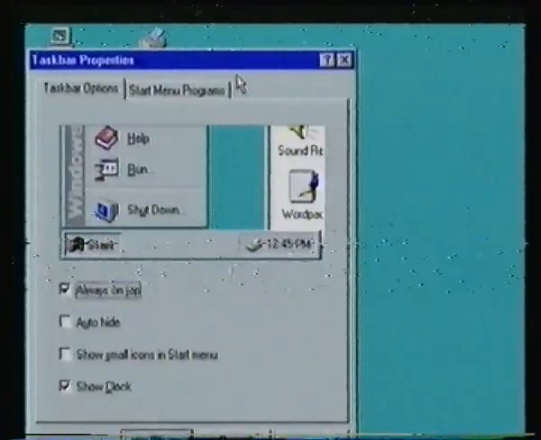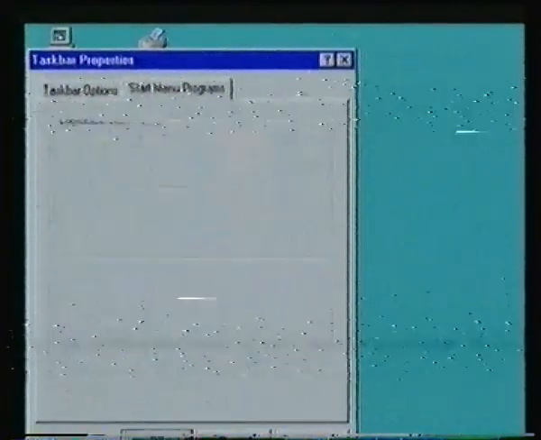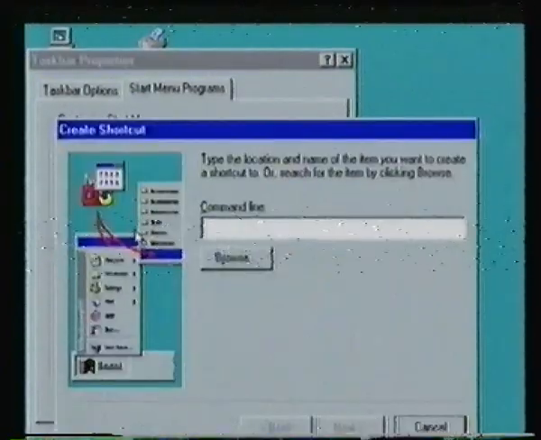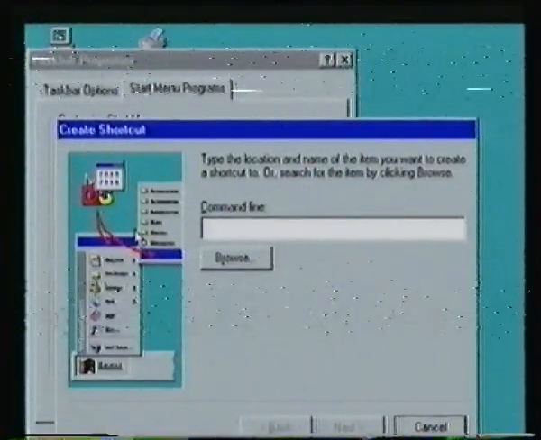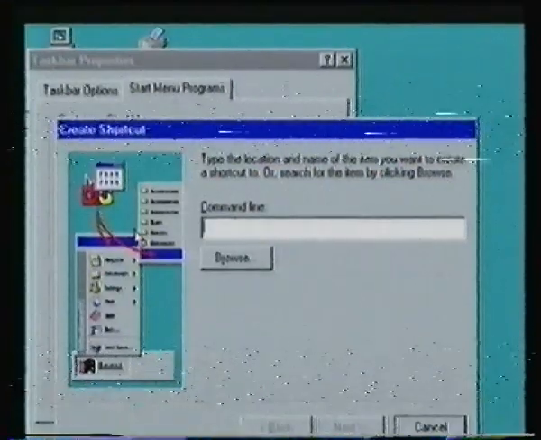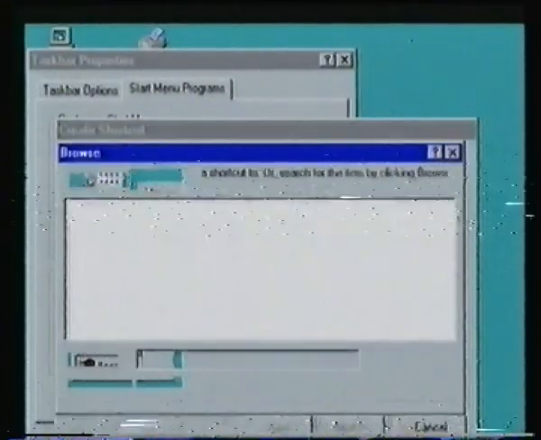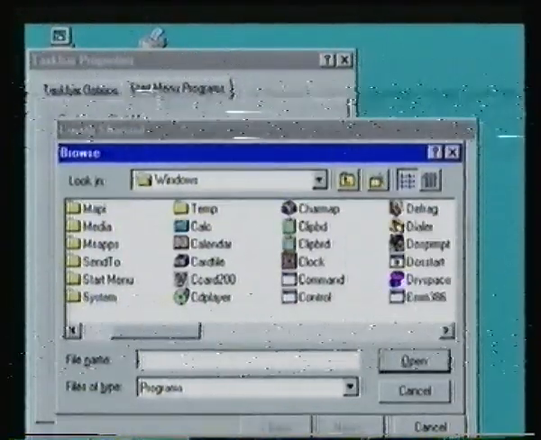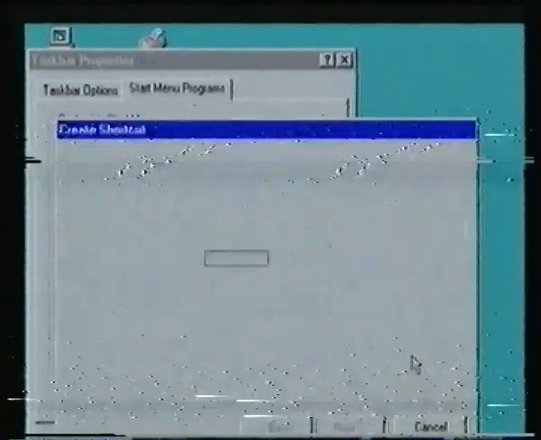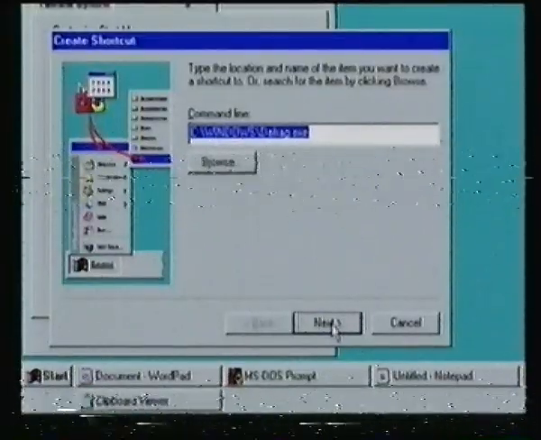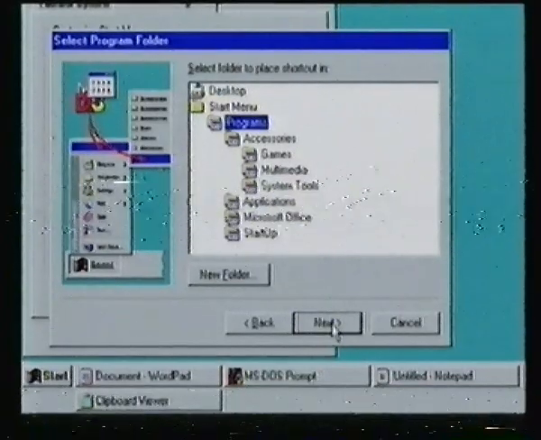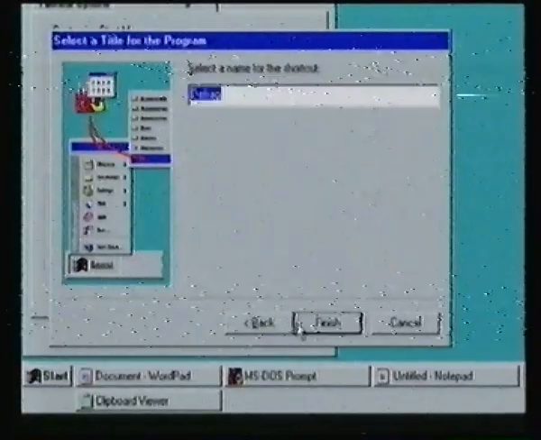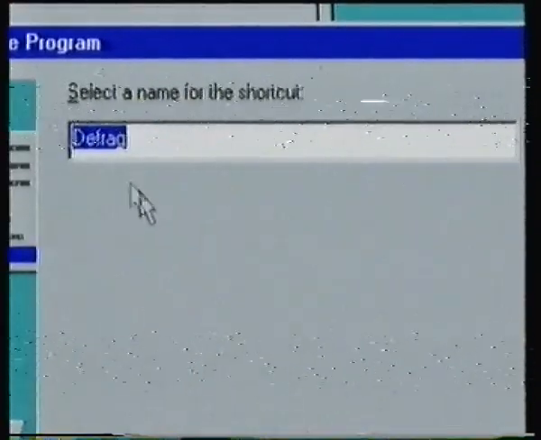We want to work with the Start menu first, so we click the Start menu Programs tab. We customize the Start menu by clicking the Add button. This brings up the Create Shortcut dialog box. As we did in the previous chapter, let's click Browse, then double-click the Windows folder. Now let's highlight Defrag and click Open. We click Next, then select the folder to place the shortcut in. Since we're working with the Start menu, we'll select it. We select Next, we accept the name for the shortcut,